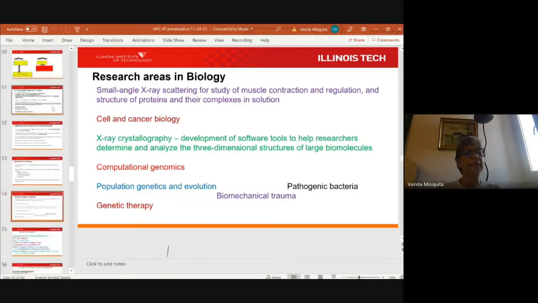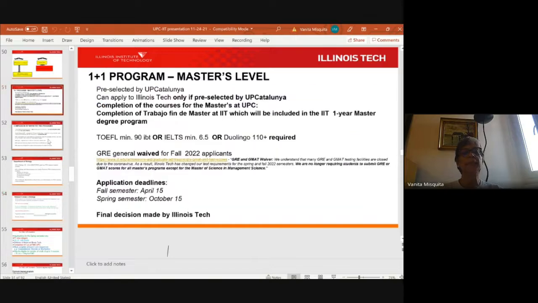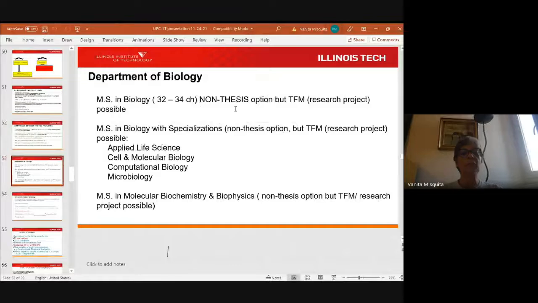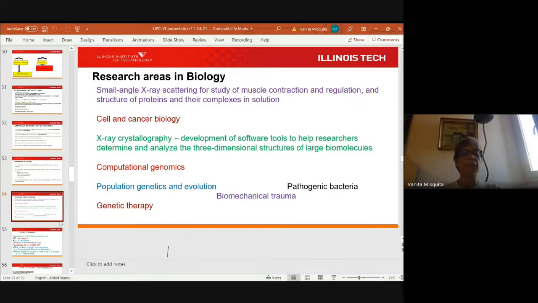All right, let me see if there's anything else. I've given you the comparison. For those interested in biology, I've provided the biology specializations in cellular, molecular biology, computational biology, and the research areas